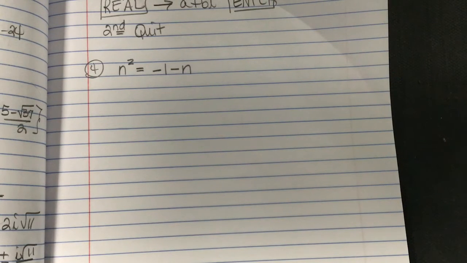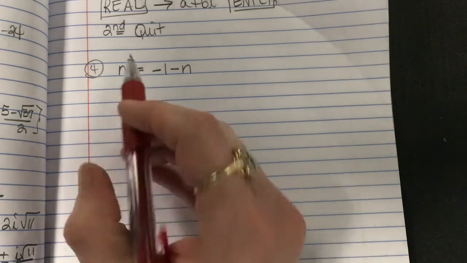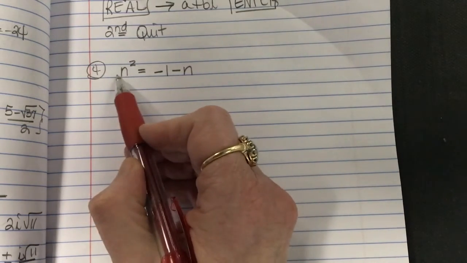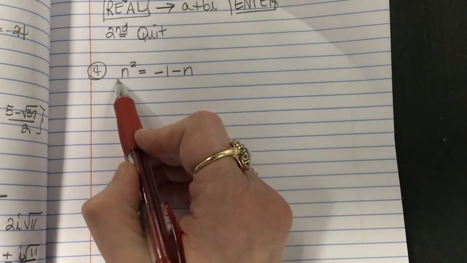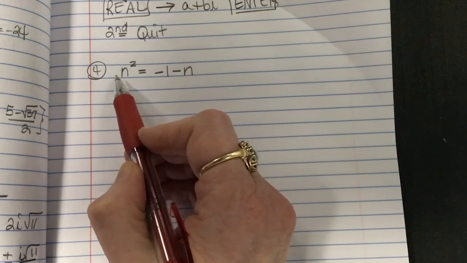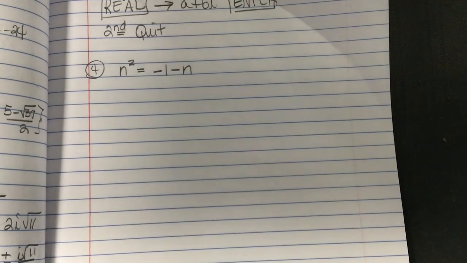My skill has always been to move everything to the side where the squared term has a positive coefficient. Okay, now think about what I'm saying. I would like the number in front of my n squared to be positive. Now, why does that matter to me? Because if I'm going to have to factor this,